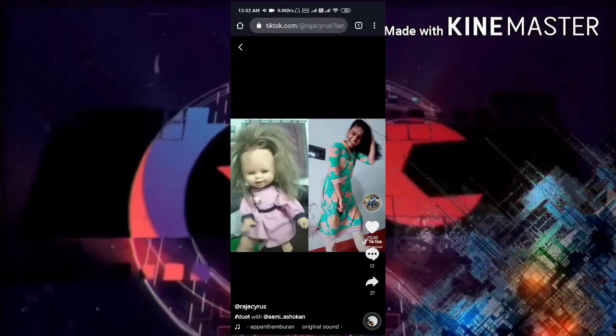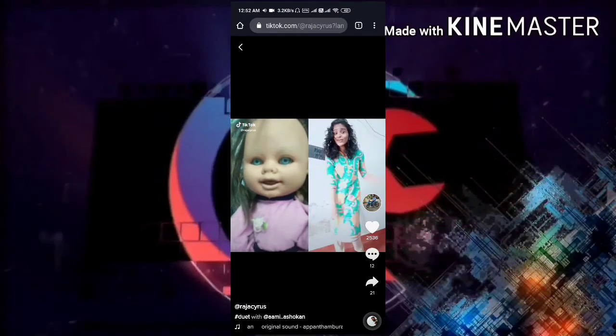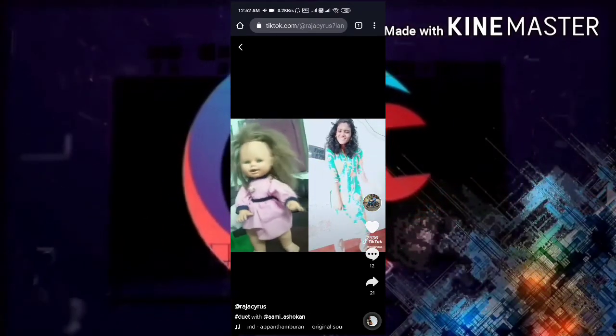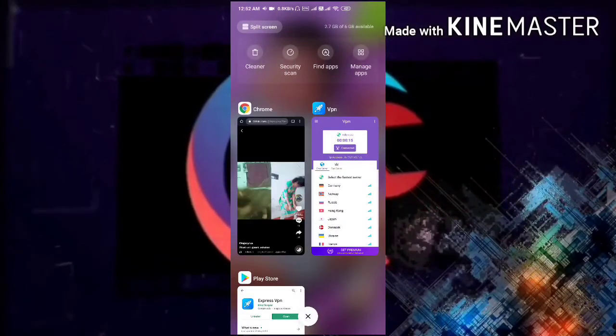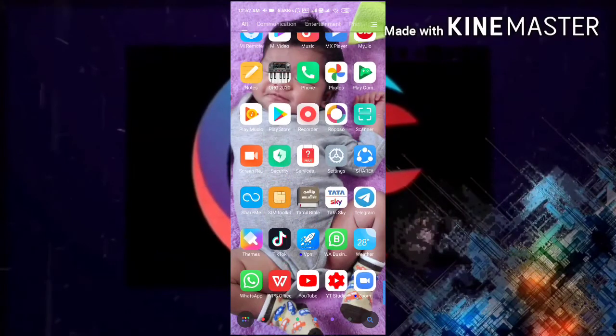The only thing you will feel is some lag in loading the next videos. In the app there is an automatic reloading option for videos, but here, since it is a web server and a Chrome browser, the loading will be a little slow.